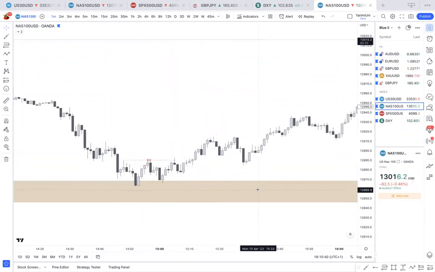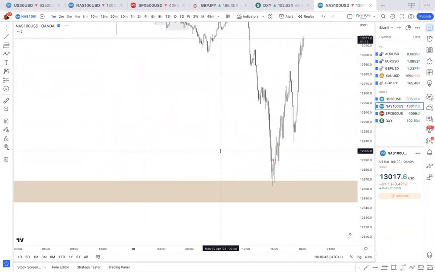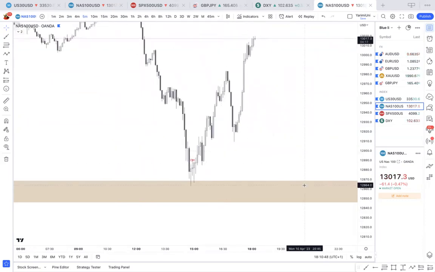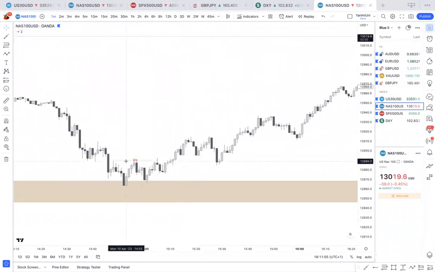Cool. How come you're on the 1 minute if I don't want that? Because in these kind of scenarios, if I've refined it down to the 5 minute, I know that it's tapped the 5 minute and I need to go lower than that to find a change of character. Okay, that makes sense. Yeah.